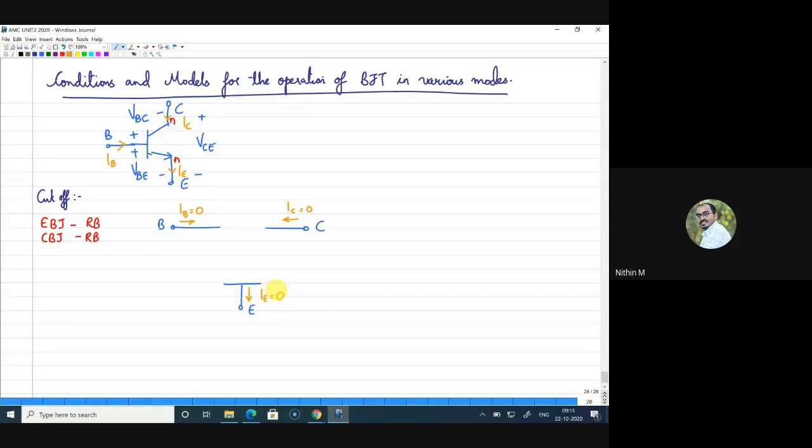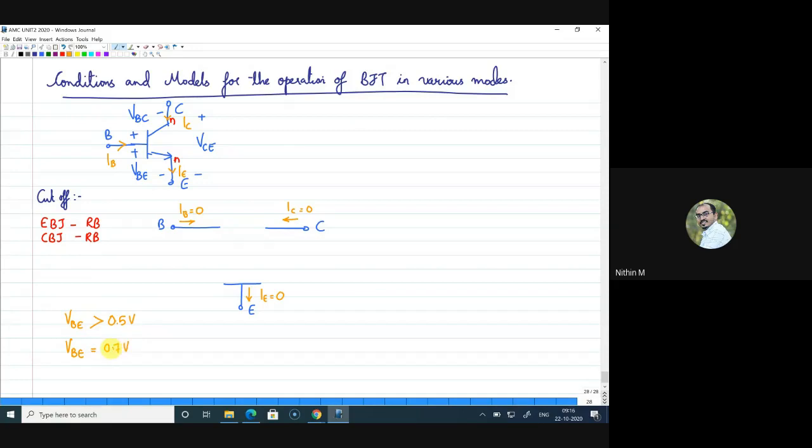Now, since this is reverse biased, we have to understand a few things here. Now for a PN junction to be forward biased, say this is a VB, right? Typically for a PN junction to be forward biased, the VB voltage should be greater than 0.5. This is the general voltage observed in most of the BJTs. And we take that value typically as 0.7.